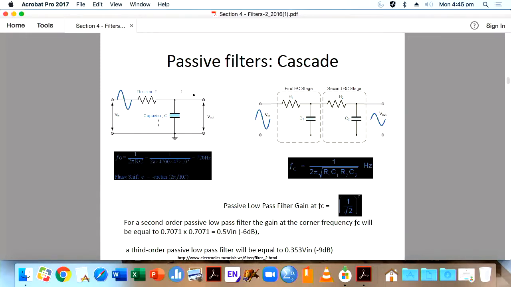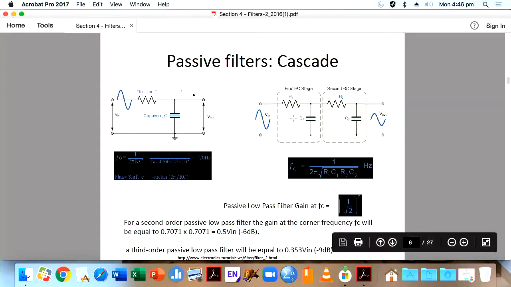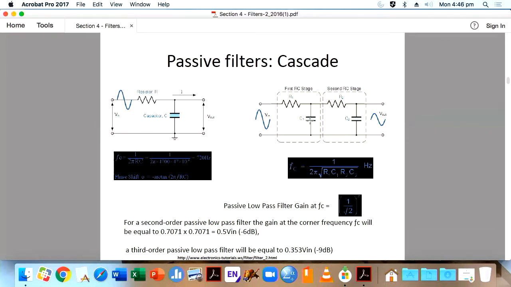So this is a low pass filter with cutoff frequency 720 hertz. Phase shift we already know, tan inverse 2 pi by RC, which we already studied. Then when you have 2 stages with the passive, so this is the first order, and this is the second order. When you have 2 orders, FC is equal to 1 by 2 pi root of R1 C1